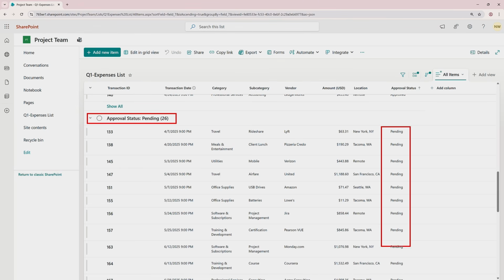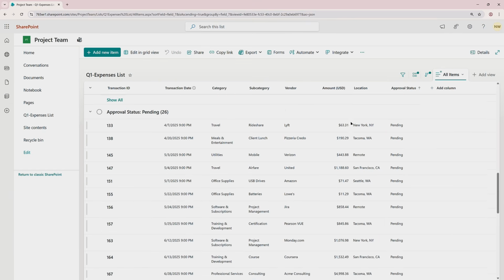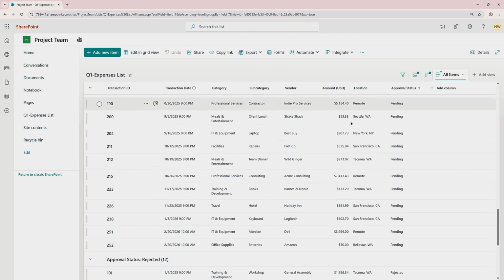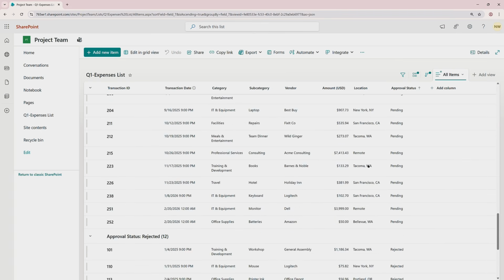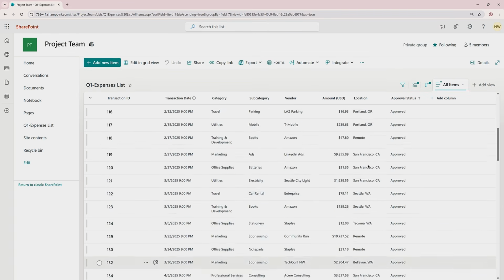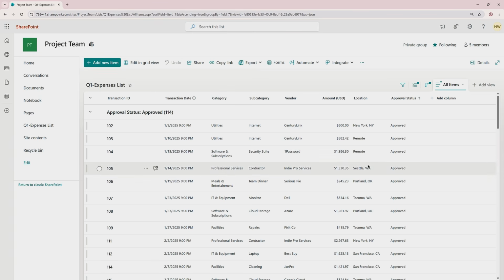Lists are really cool. I really like lists. You may be able to pick up on that already. Microsoft is putting a lot of work into lists. It's a really nice way of collaborating and collecting information. And then we have some down here that are rejected as well. So these are just different views that we can work with, which are pretty cool. You can filter, and you can sort. Now that I've actually grouped this by